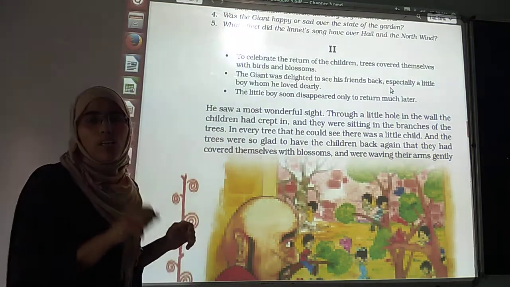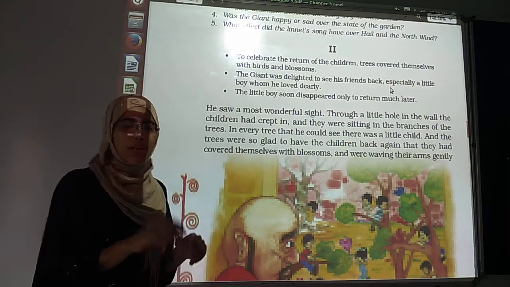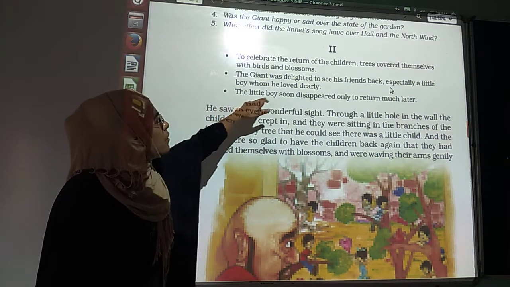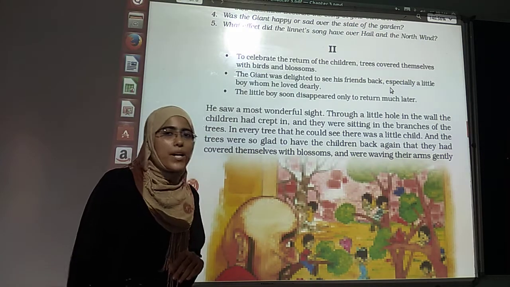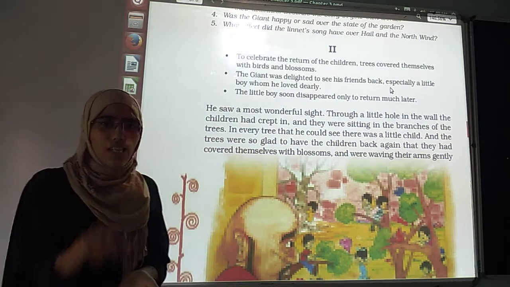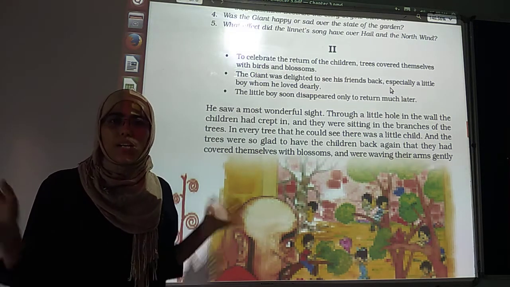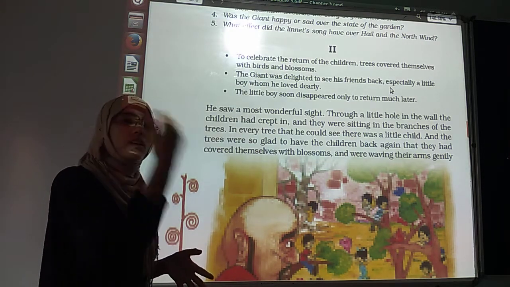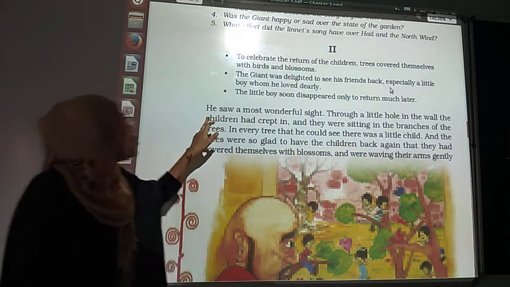The little boy soon disappeared, only to return much later. This little boy, by seeing whom the giant felt very happy, soon disappeared and returned much later. Now let's start.